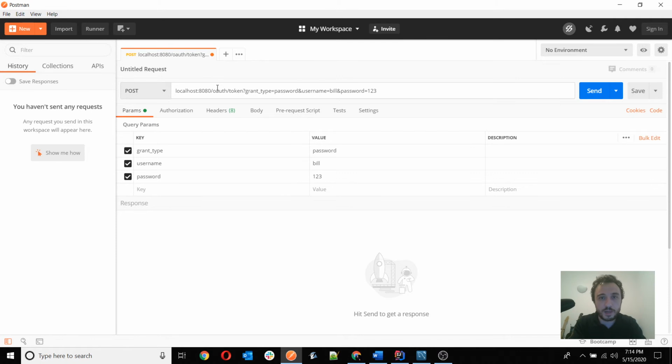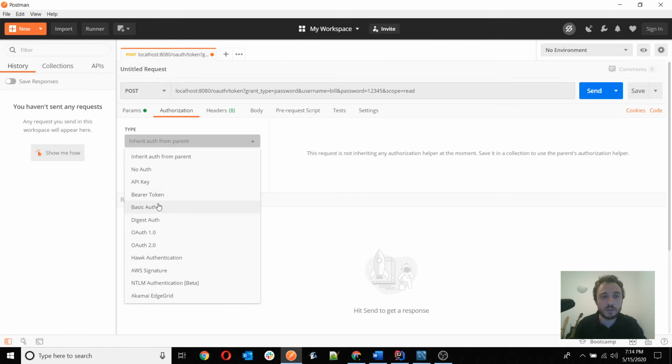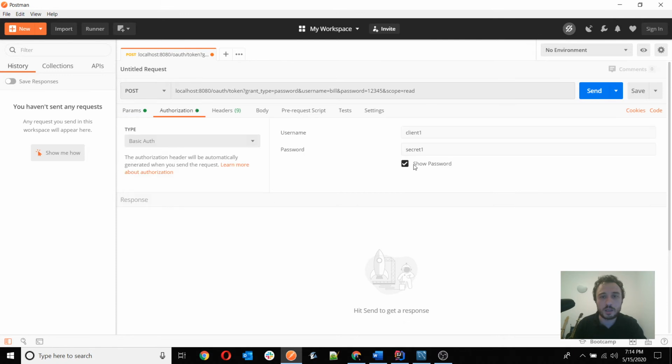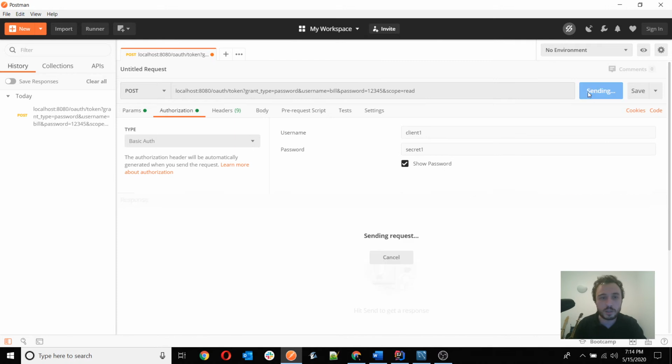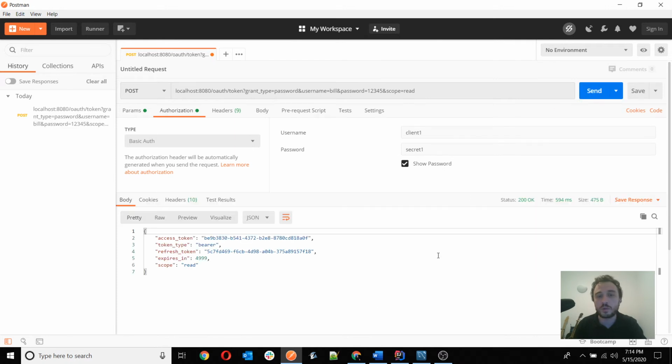1, 2, 3, 4, 5, if I remember correctly, that's what I'm usually using. For example, scope read. And of course the client needs to authenticate, so I use basic authentication, and these are my client credentials, client 1 and secret 1, again if I remember correctly, and calling that I will obtain the access token. And because I have also added a refresh token, I will also get in the response a refresh